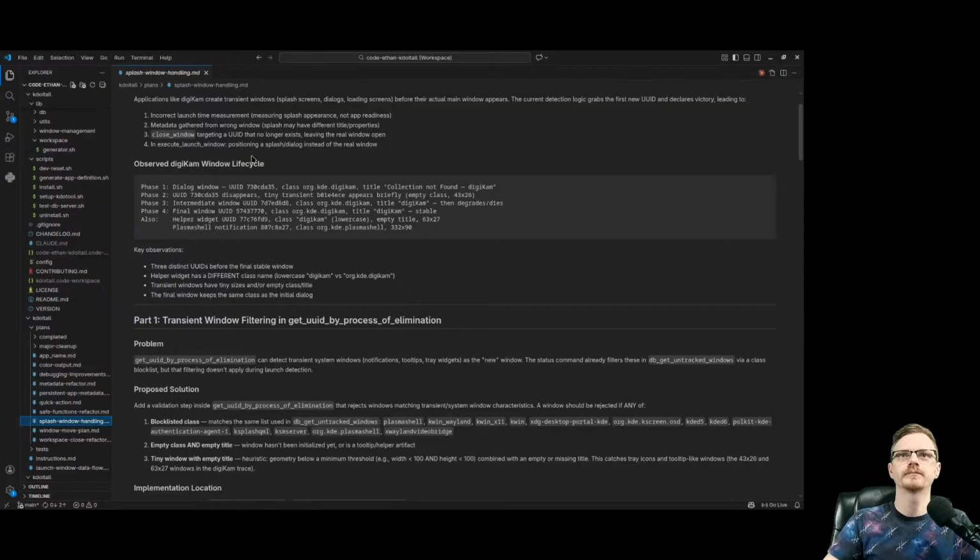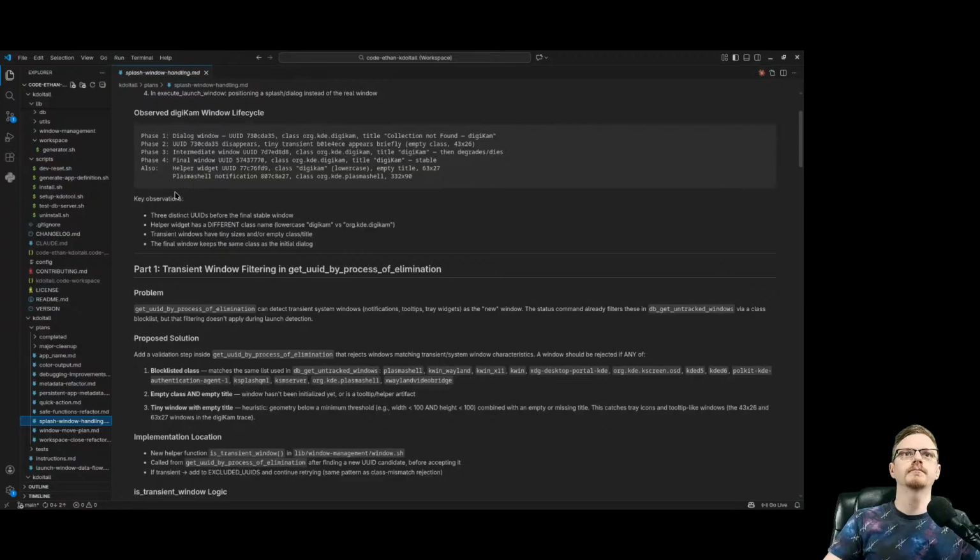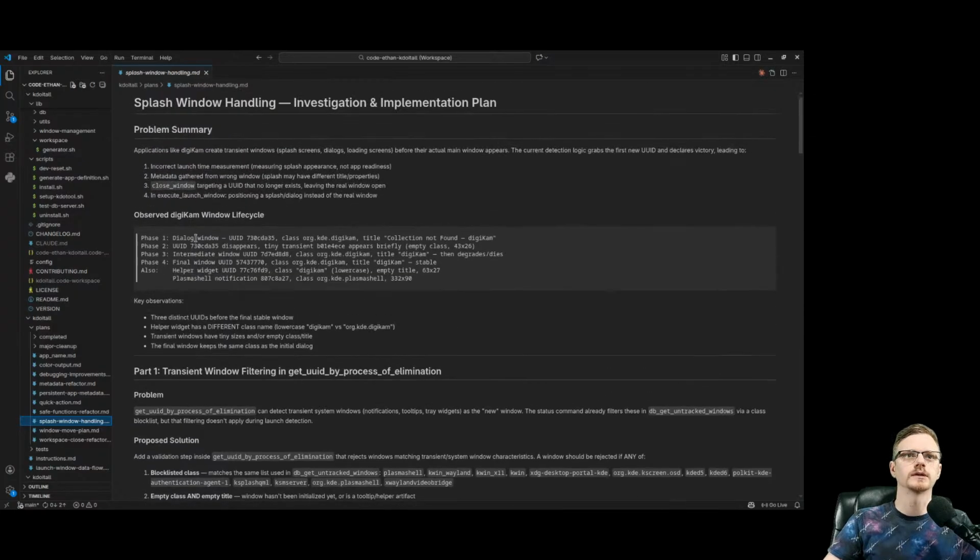And, right, okay. So that just kind of shows the launch behavior that happened. Whenever I launched it, it showed a dialog that I had to actually click through, and then after that it showed a splash window, and then it showed the final window. So it's even an extra step, where it's not just doing the splash window, but there's an initial